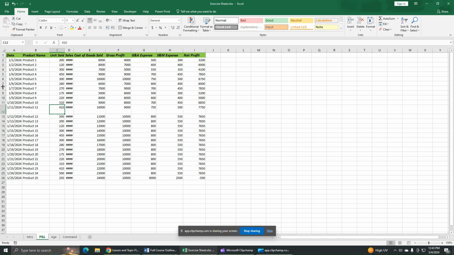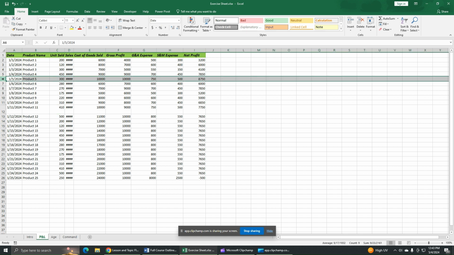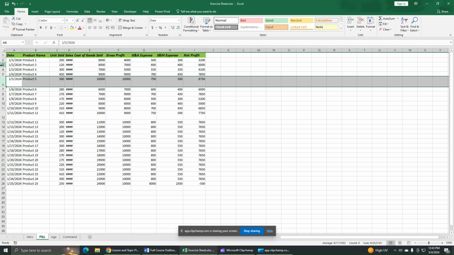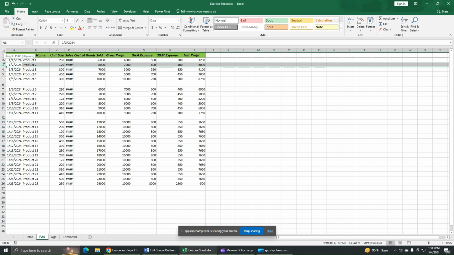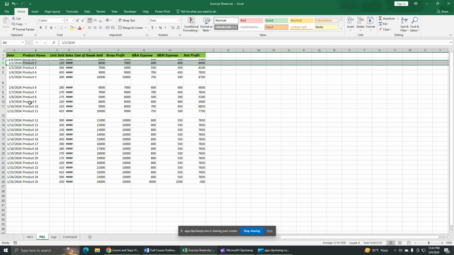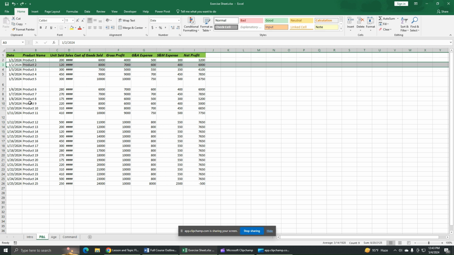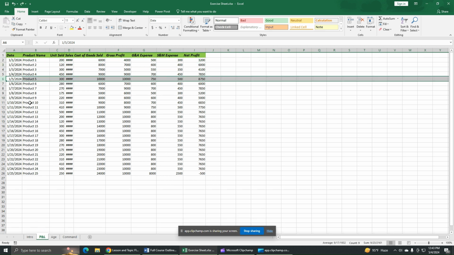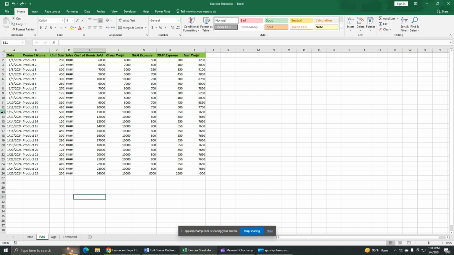If you want to change the height of this, then you can drag like this. If you want to change like this, you can drag like this. Okay, so this is one way how you can change your column and row height and width